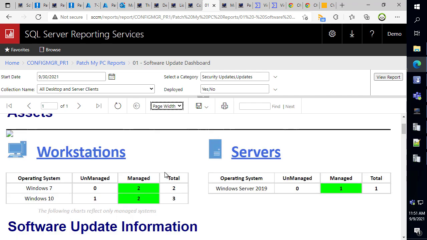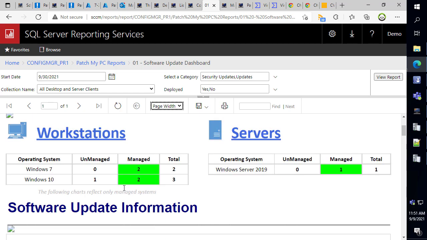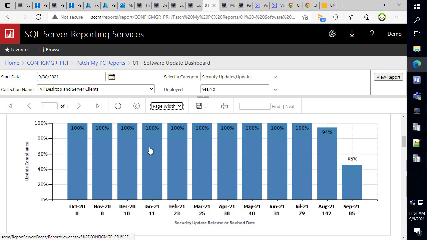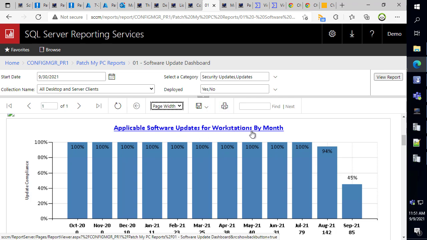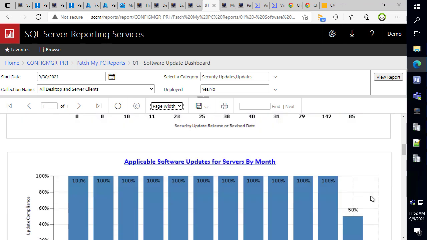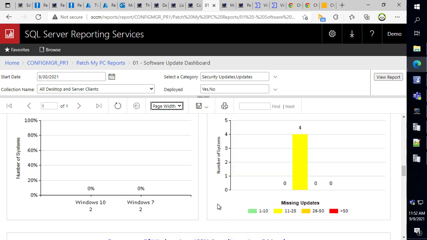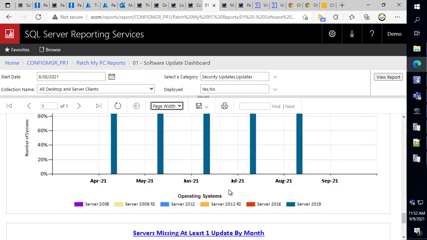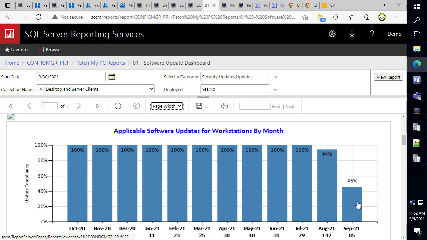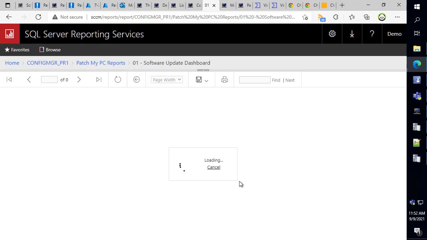So for example, we'll see that within this lab, we have 4 workstations and 1 server within our environment. We then have compliance broken out by month. For all our workstations, we can see we're at 45% compliance for updates that were released in the month of September. We also have the same dashboard for servers, and then there's a variety of overall compliance charts that can be quite helpful. So if I look at my September updates, I can click that graph,